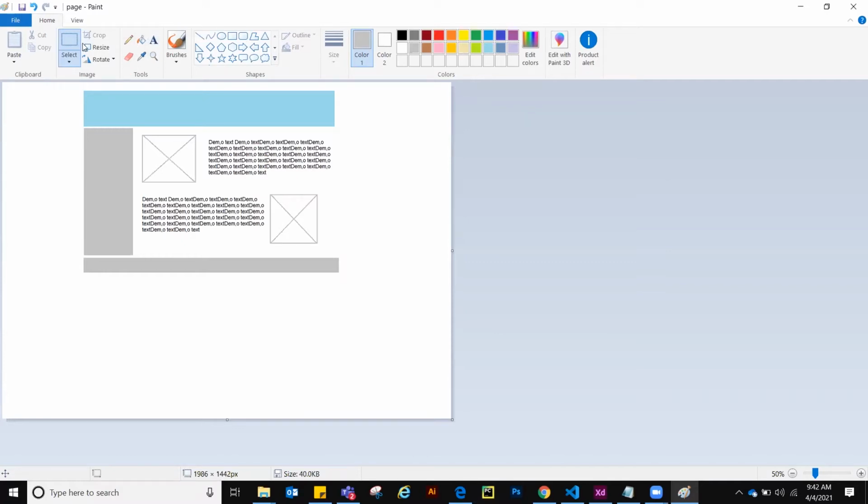Actually, if you see, first we have to create a table like this. So can anyone tell me how many rows are there in this table? Hello? How many rows are there in this table?